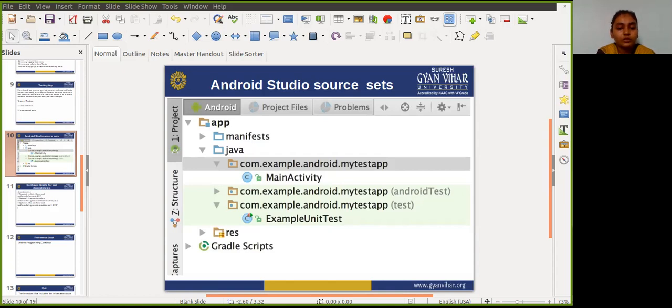So the Android instrumented tests and the source sets appear in the Android view under the package name of your app. The main source set includes just the package name, and the test and Android test source sets have the package name followed by test or Android test respectively.